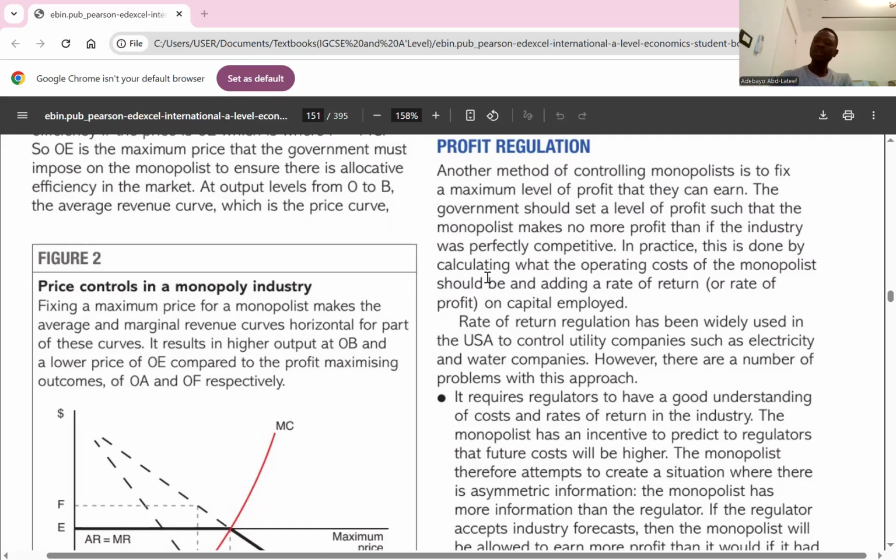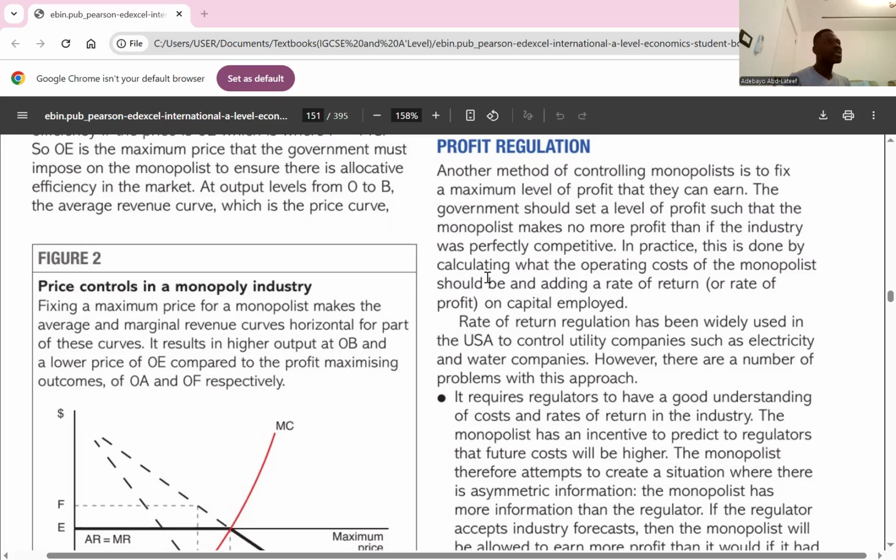The third one: monopolies have an incentive to employ too much capital. If they are being awarded a percentage rate of return on capital, the more capital employed, the higher the amount of profit earned. So as a monopolist, they have the incentive to put much money into the business, because government will only limit the profit they make, but government will not tell them not to cover their cost. So we put 100 million into it. If it is a 10% return, we can put 120 million into it